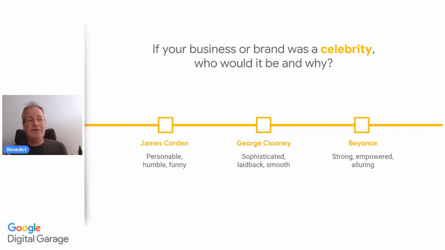But the point is, you don't have to limit yourself to James Corden, who's personable, humble, funny, George Clooney, sophisticated, laid back, smooth, or Beyonce, strong, empowered, alluring. There are many different celebrities, and you can use one of these that you feel personalizes your brand or your company, and the way it would stand out from other companies. So who would your business celeb be? As Glenn states, who would represent your...